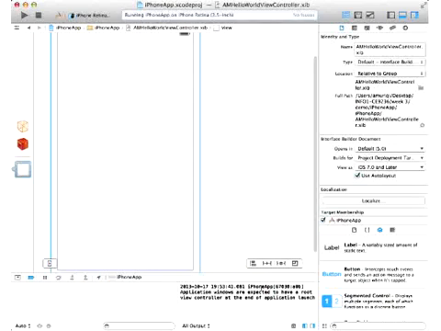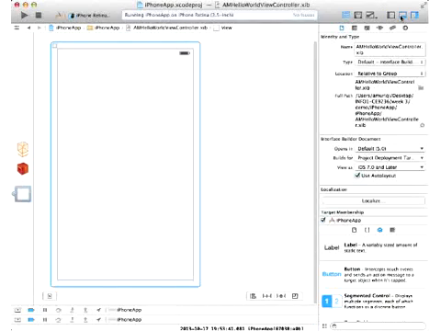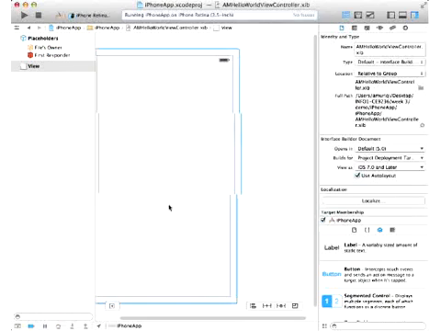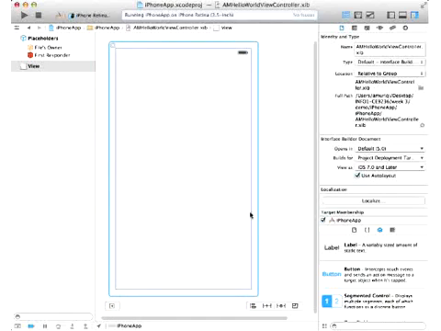So the third file, let me see if I can somehow make this screen smaller. I cannot really make it smaller, but in your Xcode you will see it. You have the NIB file. The NIB file is the user interface file where you can place all your UI elements. The NIB file has a view which is of type